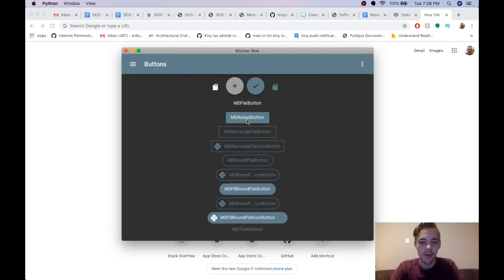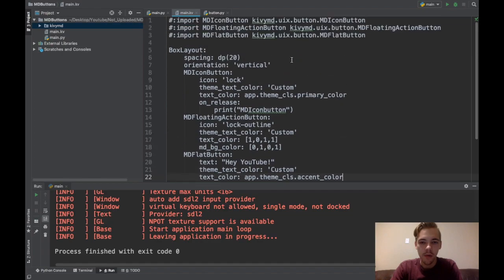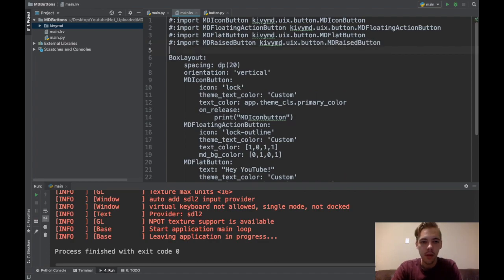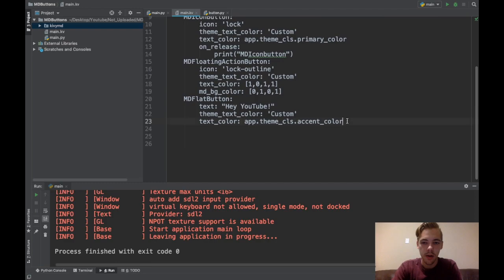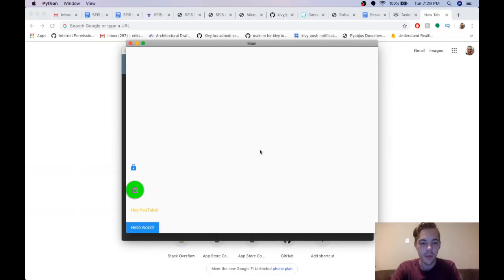Okay, so MD raised button. Of course we need to import it. So first thing we do, import MD raised button from KivyMD.uix.button.md raised button. Okay, scroll down here and let's go ahead and start it out with just some text. Hello world, a classic. Okay, here we go. This is my raised button by default,